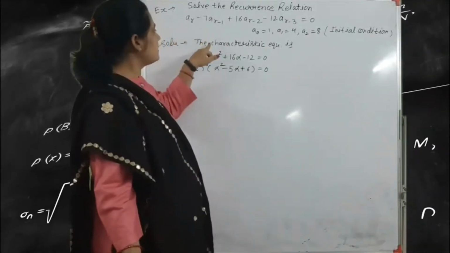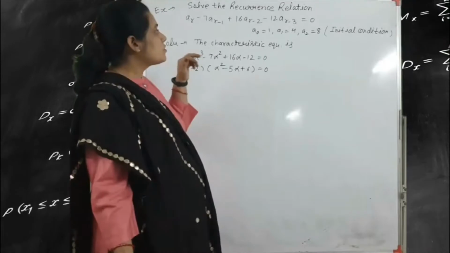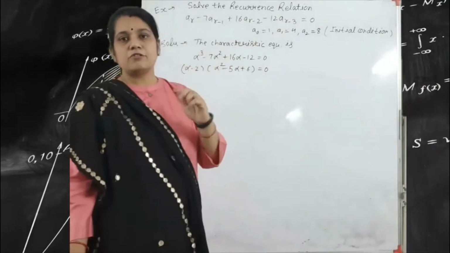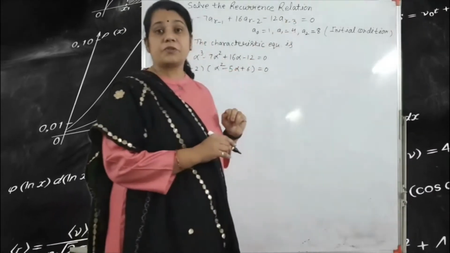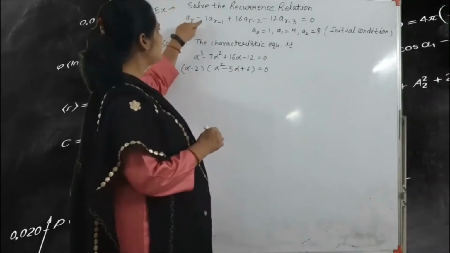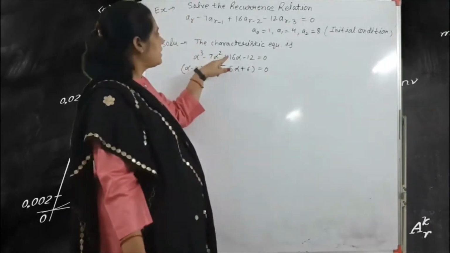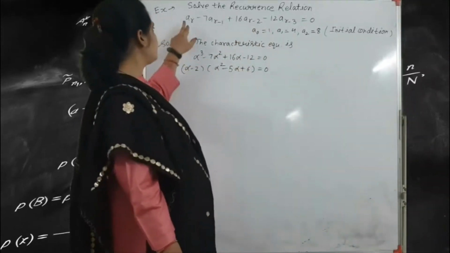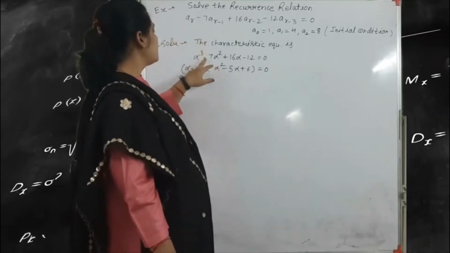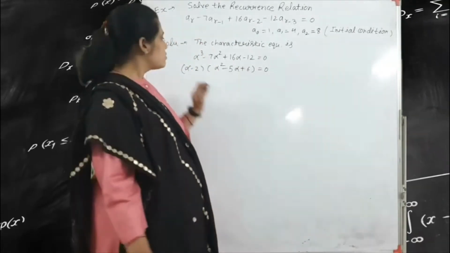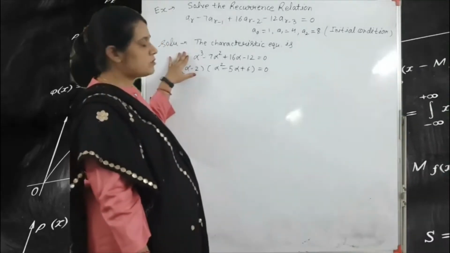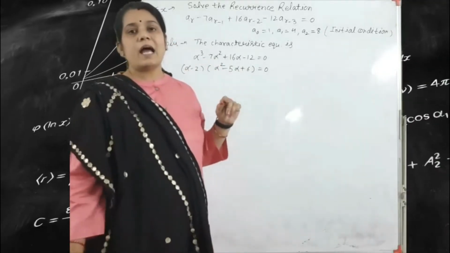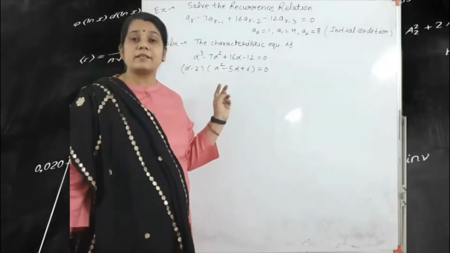So first we consider the characteristic equation. We already said in the last lecture, first we check the largest number according to suffix. So the largest number is what? Largest number is 3. So we write alpha cube minus 7 alpha square plus 16 alpha minus 12 is equal to 0. So first we convert this recurrence relation into the characteristic form. No doubt, here you see the highest power is 3. That means we have 3 roots according to this characteristic equation.